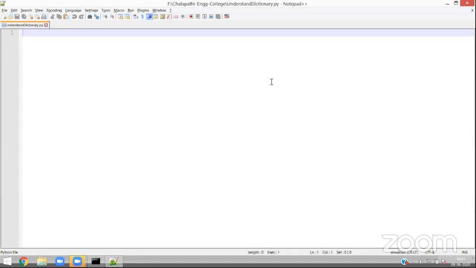Somebody is raising hand. Let me stop. Then list in Python and structure in C are the same? Okay. It is not the same. Why? Because a structure has members and a structure has a variable. For example,